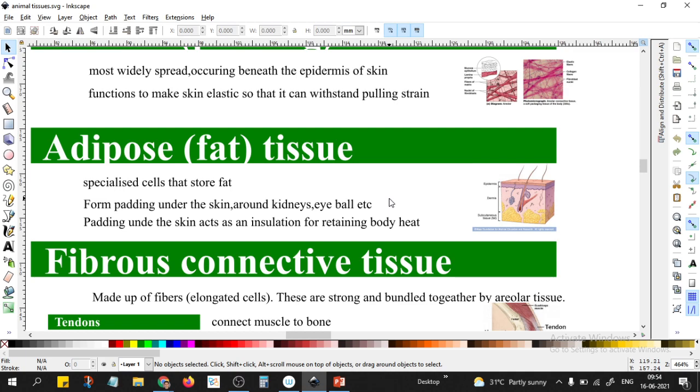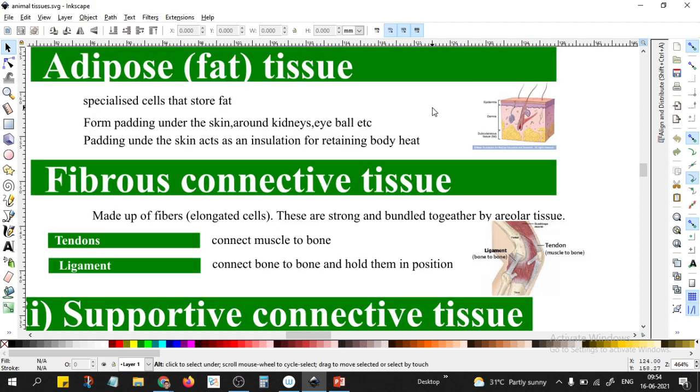Okay, so these are all adipose. Adipose means fat. Sometimes we hear that some people are gaining weight, they are becoming obese. Okay, obese, that is very fat. When they become very fat, they need to get rid of the excess fat from their body. So in the surgical procedure, they are going to remove what kind of tissue? Adipose tissue they are going to remove.